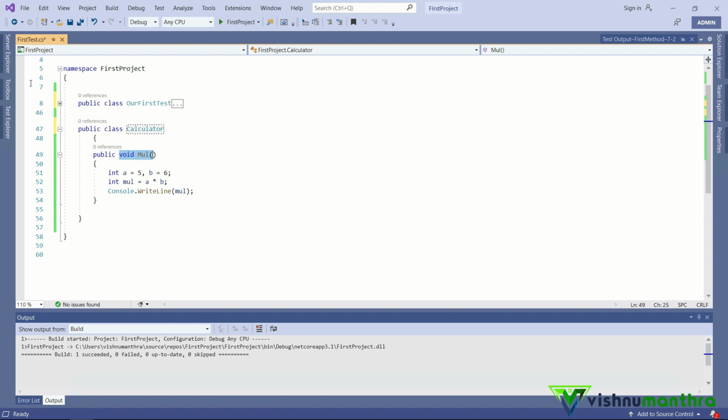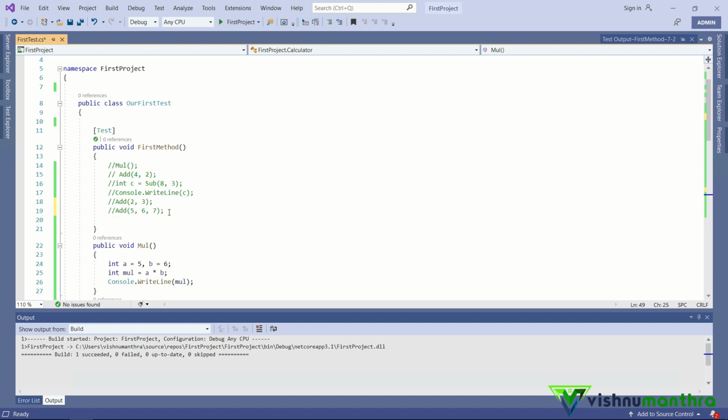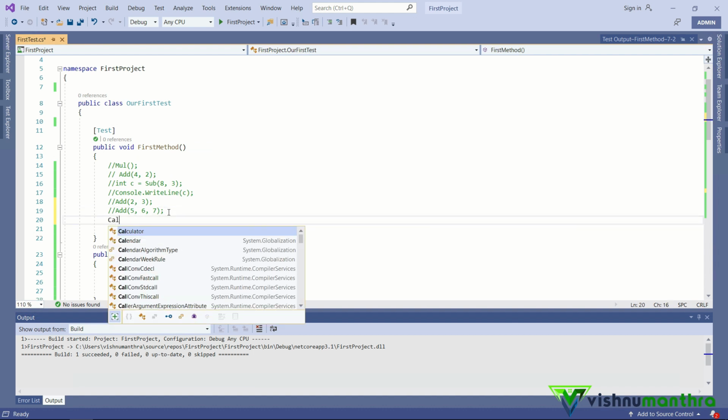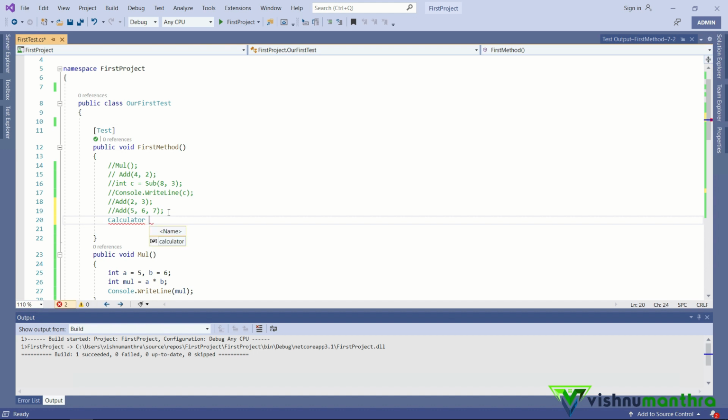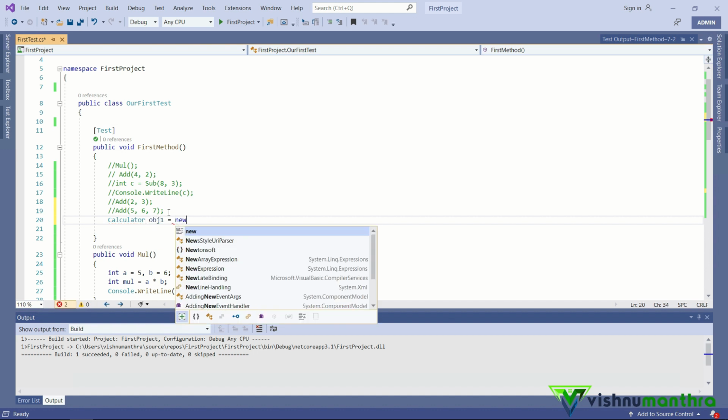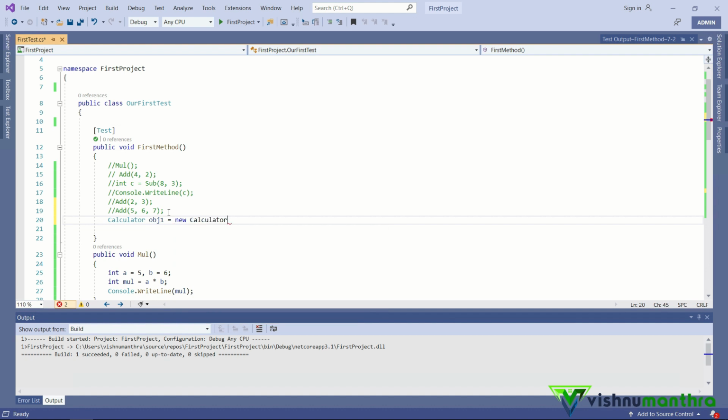In order to do that, we have to declare an object for this particular class. How can we declare an object? It is like calculator followed by the object name, equal to new class name, right? We saw in our style that this is the way we create our object.